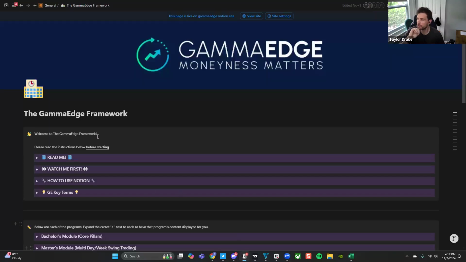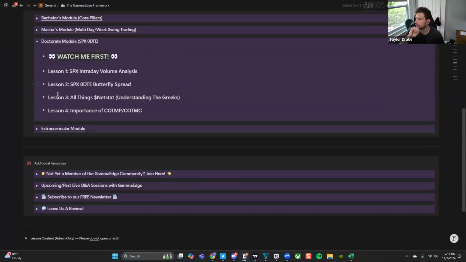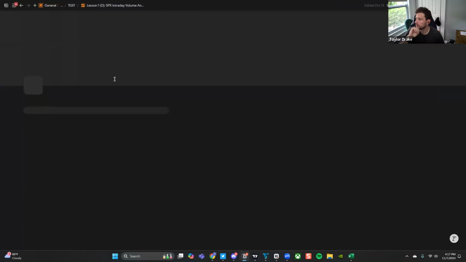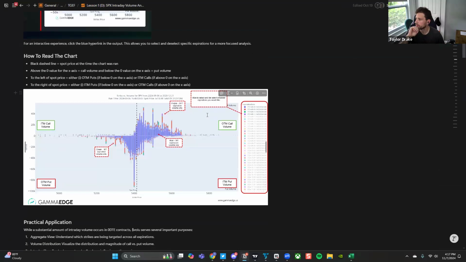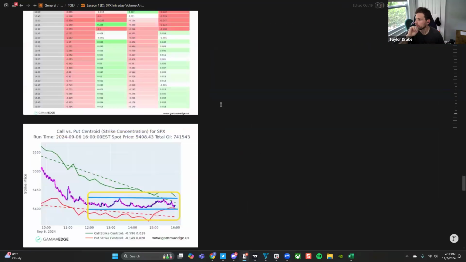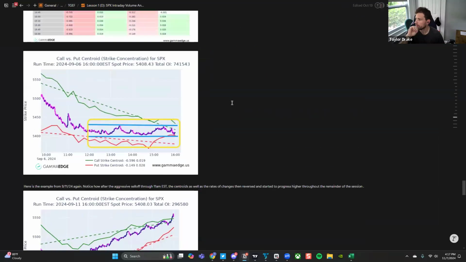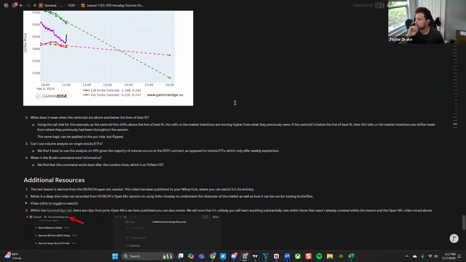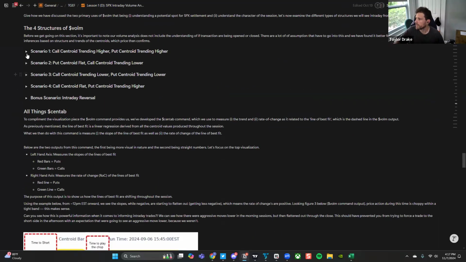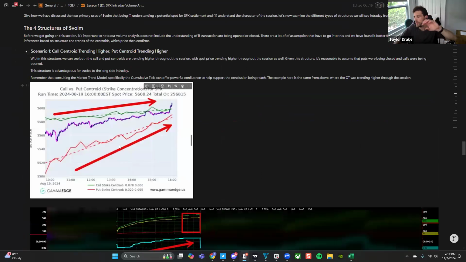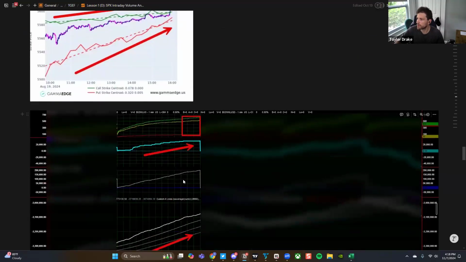There can be four states. I'll just go to the lesson real quick. Intraday, here. Yes, there are four states. There can be a trending day higher, which is call speculation up and out, and puts are also moving up and out, which we infer is the closing of puts and opening of calls. You can see good confluence with the market trend model. Those days are super powerful for 0DT traders especially, but even for swing traders,